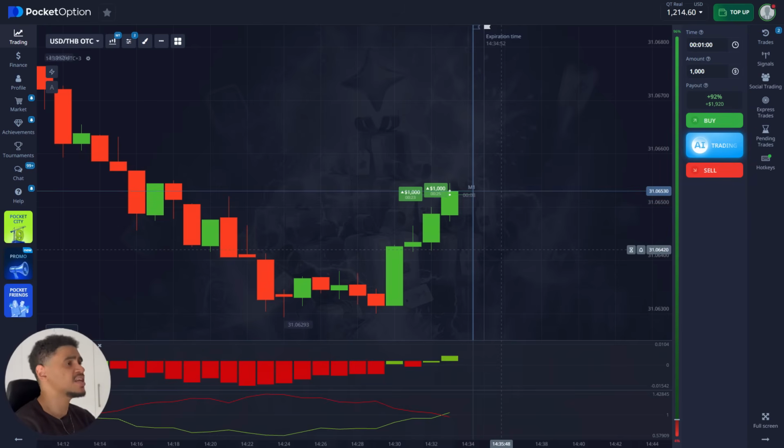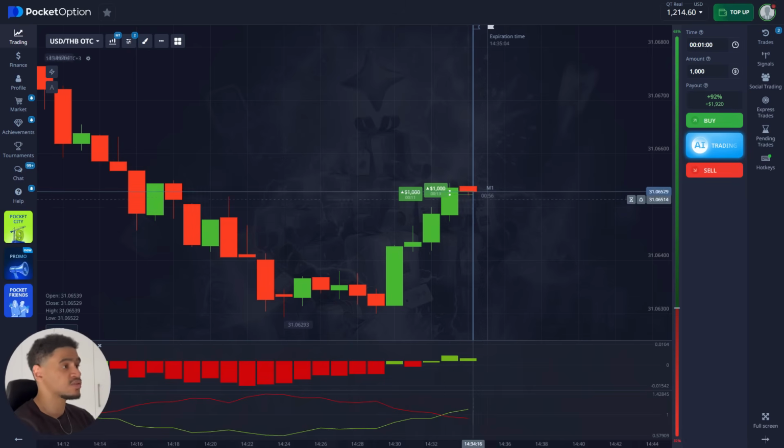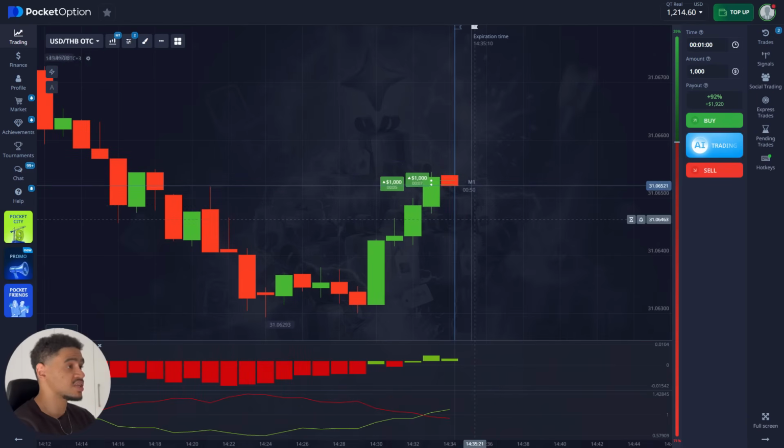I'm not expecting any crazy move, but even a little green candle that is going to come is more than enough for you to secure the profit. You're not always going to look for a massive lead on your trades. Even a little green candle means that you have made the right direction, that you have taken the right trade, that you have predicted the move properly, and this is all that matters at the end of the day.